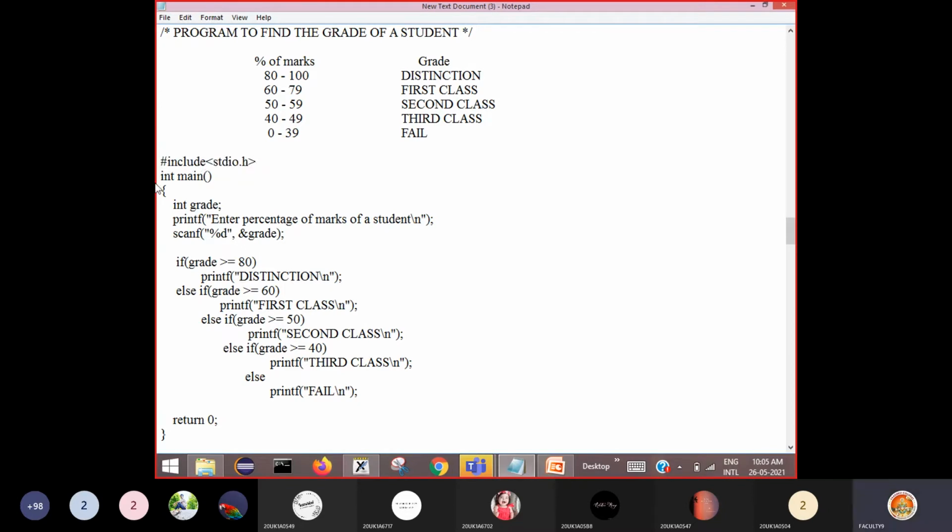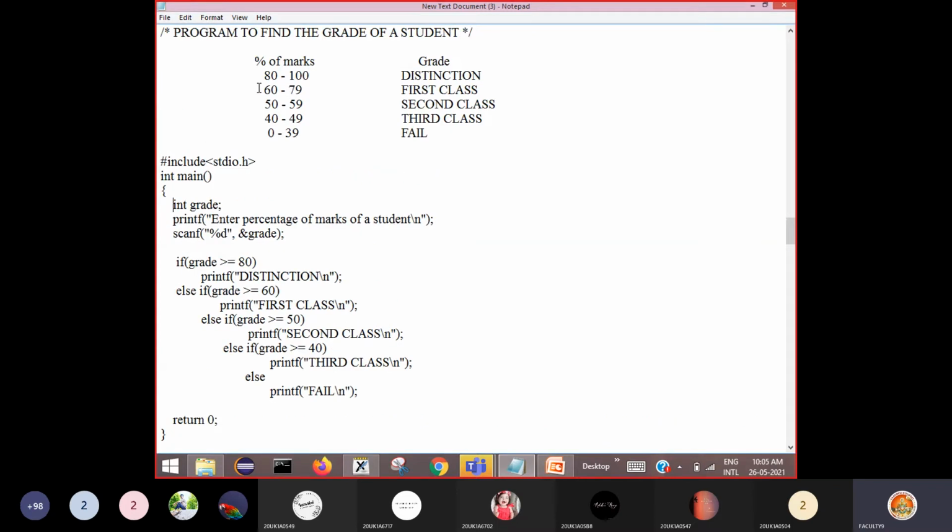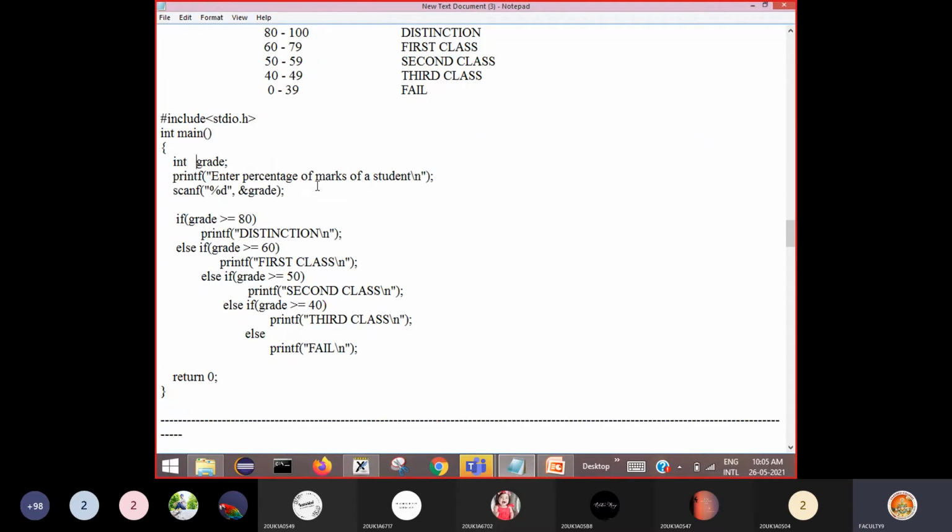Include the header file, then write the main function and begin main. Now I am declaring an integer, because the average marks 80 to 100 are integers. So int grade: I am declaring a variable called grade.